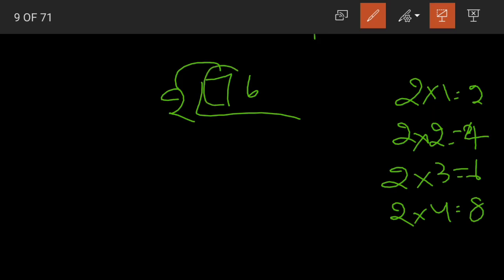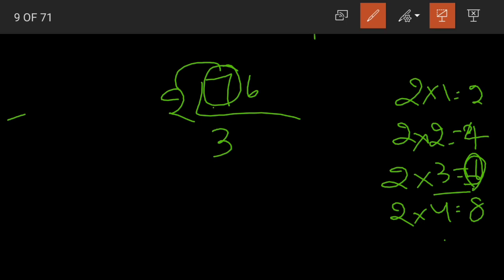Yes. So what do we have first? We have 7. Now do we have 7 in the 2 table? No. We have 2 3s are 6. What do we have, children? We have 2 3s are 6, which is less than 7. We cannot take the greater number, right? Yes, we always take the lesser number.